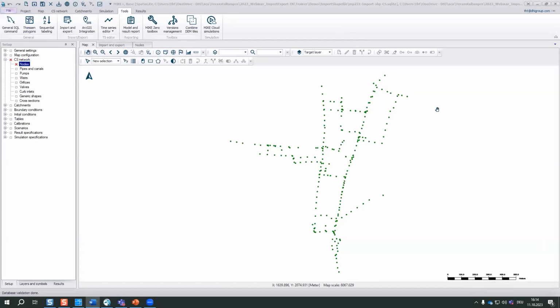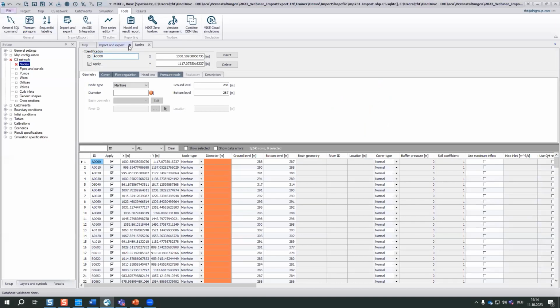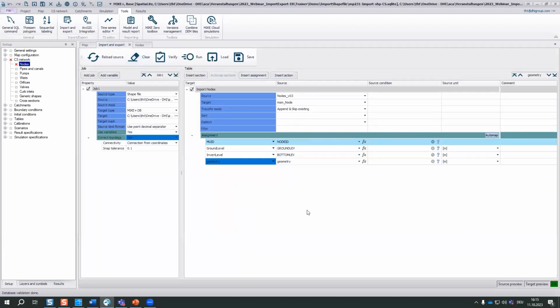And on the map, we see already all the nodes. And if we open the editor, we see that we have the ID, we have the coordinates, we have the ground level, the bottom level. The diameter doesn't contain any values on purpose. We think that diameter is something which shouldn't have a standard value. We have to provide it on our own. We could either use the field calculator now to populate it, but if we want to do that during import already, we can add another assignment,